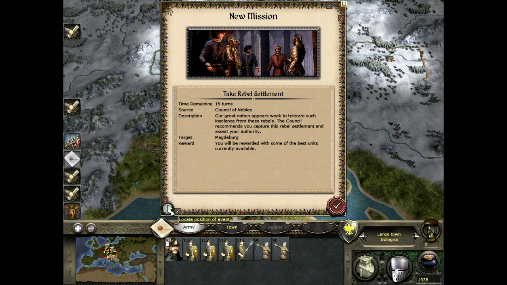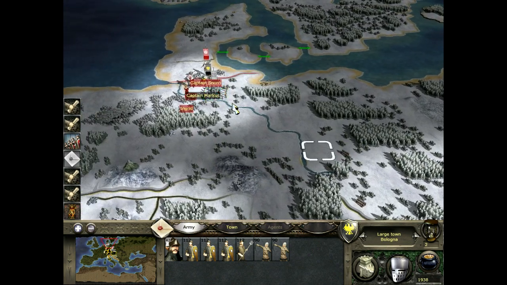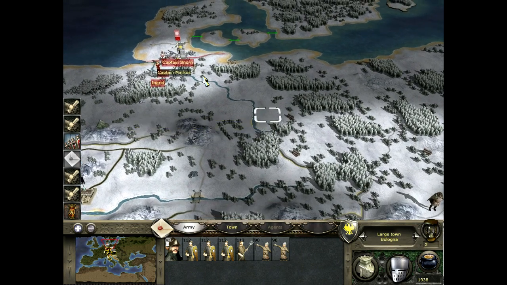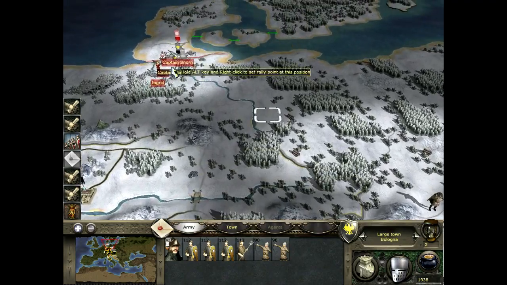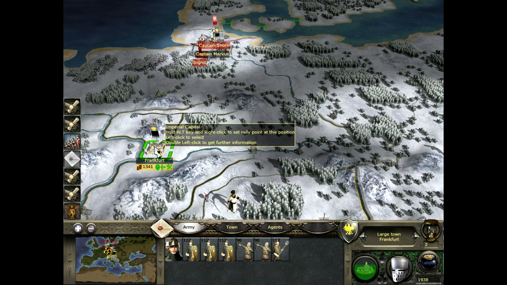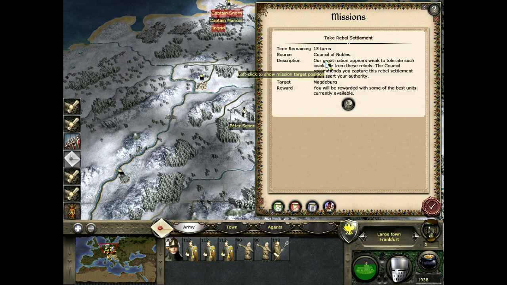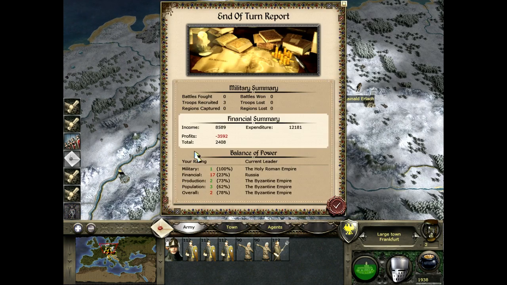So, I have a mission. The Council of Nobles is giving me a mission to take this settlement. I have already laid siege to this settlement. Oh, no, this right here. Right now I don't really have an army that can do that, so I'll probably send my Frankfurt army, which will leave my capital undefended, which I don't want to do. So I have 15 turns to train an army. What's new? And in turn, we are making some serious negative bank